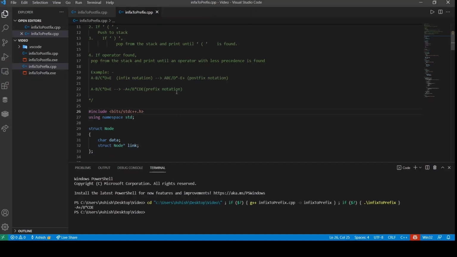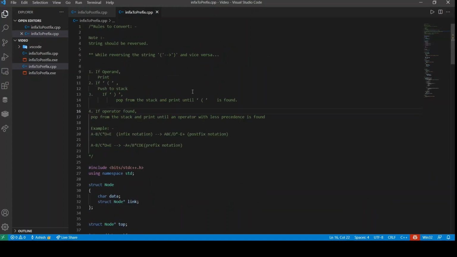And simply by making these three changes in the infix to postfix code, we got the answer to the other code, that is the infix to prefix. And hence like this we could convert from infix to prefix and infix to postfix. Now you could simply try out the opposite ones, that is you could try conversion from postfix to infix, or prefix to infix, or even from postfix to prefix, and vice versa. And that is all for conversion.